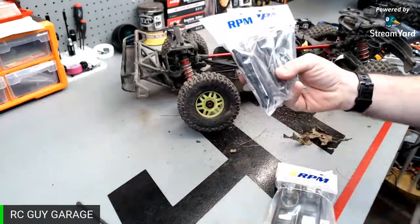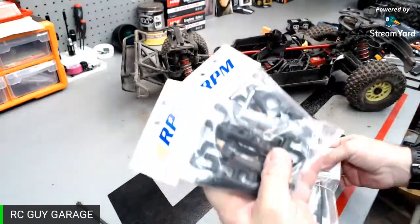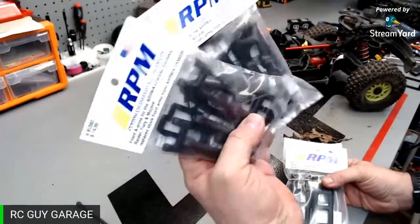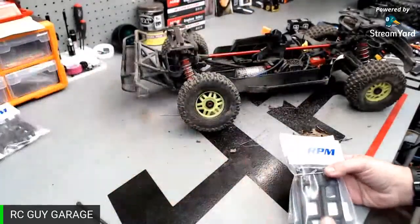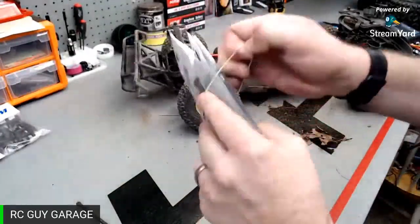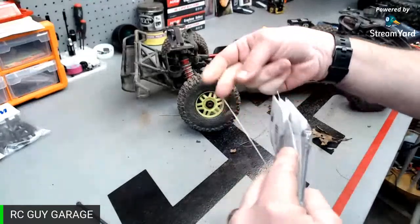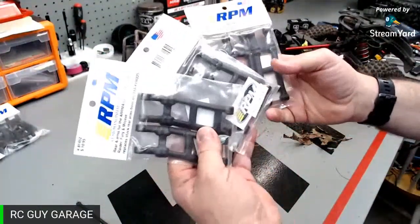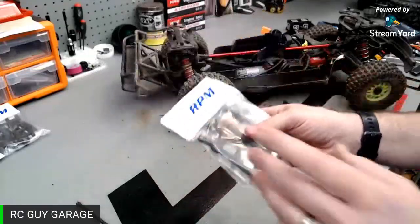So we actually did get front arms. Don't need them, but I got 2 sets just in case. RPM is good stuff. And then obviously we got 3 sets only because I broke it, so I figured might as well get 3 sets. They were relatively inexpensive. And here's the best part about that: